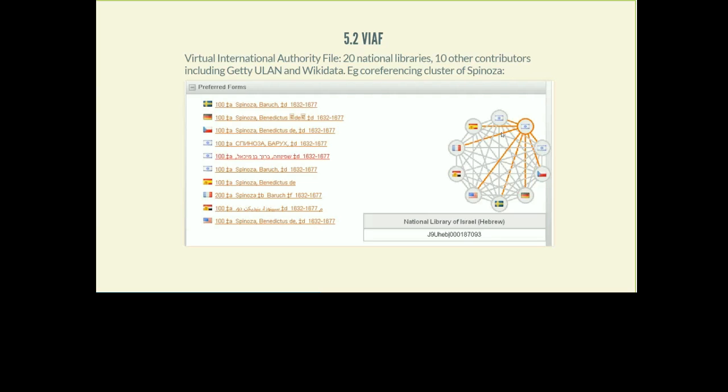So here you see a cluster of names about Spinoza, or rather I should say the different records in different libraries about this person. This, for example, is the Spanish National Library. This both gives you a whole bunch of extra names, and it could also give you different points of view about the facts of the person. Some of the national libraries could have a different opinion about the life of that person.